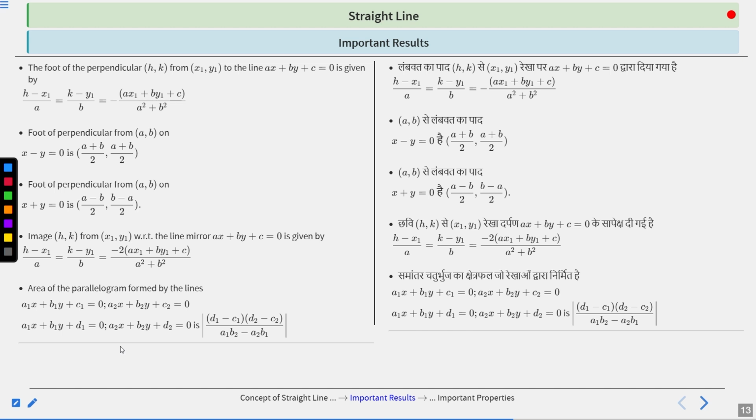Therefore, the area of the parallelogram can be calculated as the absolute value of (d1 minus c1) into (d2 minus c2) upon (a1 b2 minus a2 b1), right? a1 b2 minus a2 b1. Got it? So you can easily calculate the area of the parallelogram, right? Next,